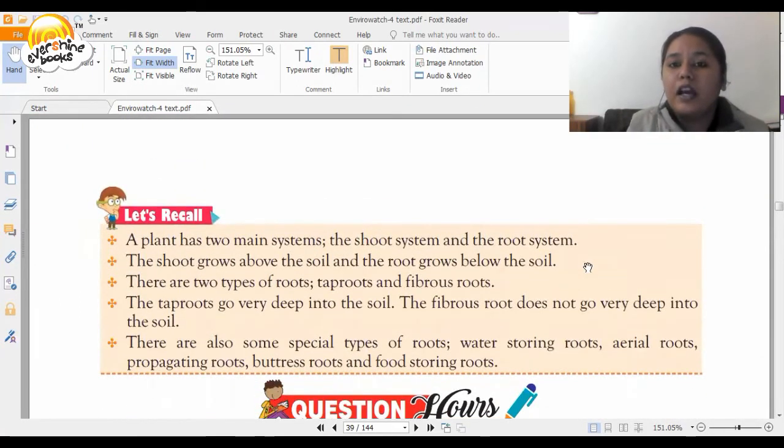So, here is something I want all of you to do after studying this chapter. Think about a plant or a tree that you would like to see growing over years. Plant it maybe in your garden area or maybe in a park near you and see how the roots go into the soil and how the plant actually grows very beautifully.